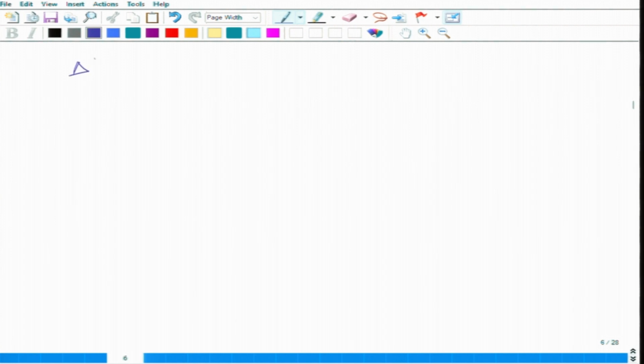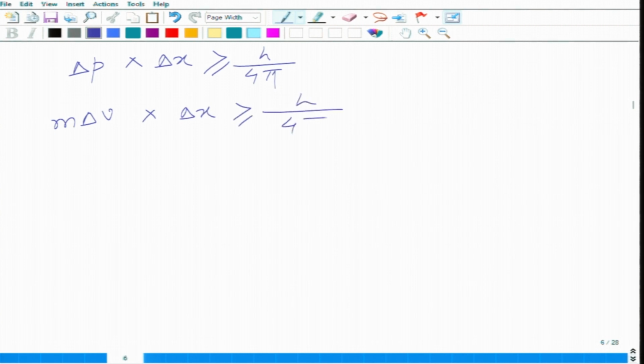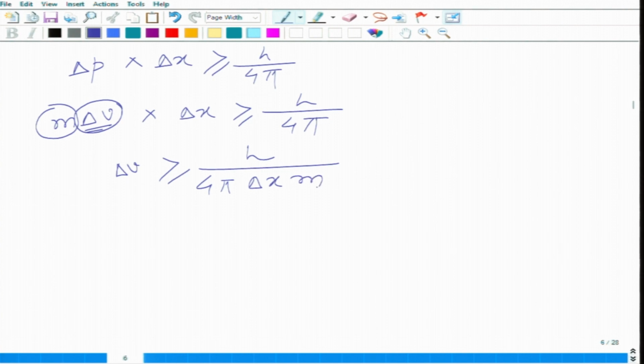So from this equation we can write delta p as m delta v, so m delta v into delta x is greater than or equal to h by 4 pi, where m is the mass. Since the mass is not uncertain, we know the mass of the electron, the uncertainty is only in velocity. So we need to find delta v. We can write delta v as h by 4 pi delta x m. Here we know the value of Planck's constant, we know the mass of the electron, and we know the uncertainty in position. So the uncertainty in velocity will be